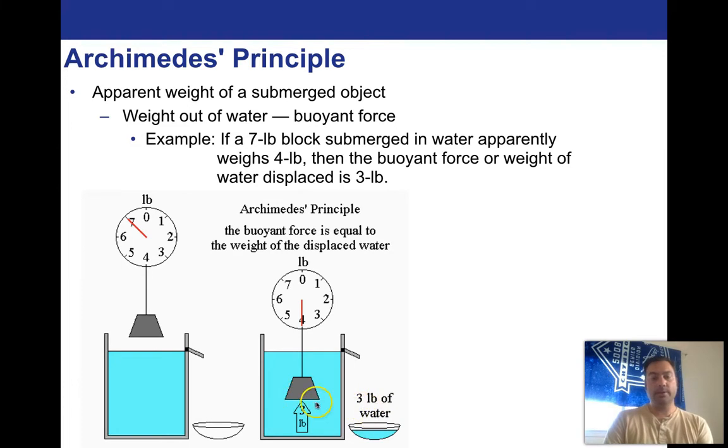That's kind of an interesting thing to put together. The actual volume wasn't really worked out in this case, but we can work out the volume. We already know that it has to be equal one to the other, but the fact that we get a weight from it as well is really kind of interesting. That difference, 7 to 4, is 3 pounds. That's actually pretty profound. It's not something that you would just kind of expect. And so Archimedes is kind of a genius for figuring it out.